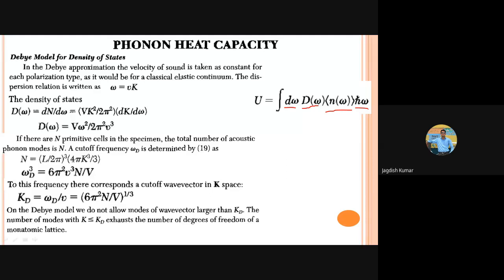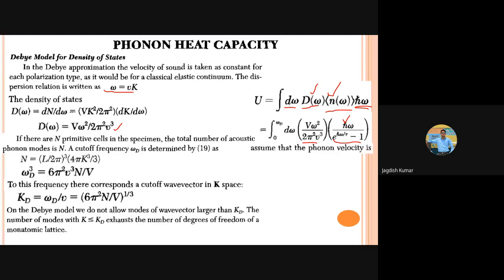We are now using a sort of semi-classical formalism, because the density of states follows from the classical approximation, omega versus k. This is a counting of the states, but h cross omega is the quantum harmonic oscillator energy, right? Energy of a quantum harmonic oscillator. That's why we are using a semi-classical formalism here. So if we put in the values which we already have, this is d omega, the density of states, the same thing put here, n omega, and this is your h cross omega, correct? That will give us the phonon energy, the total energy because of atomic vibrations.